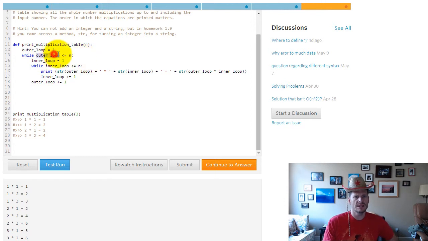And while the outer loop is less than or equal to n, so if this was 3, well, is 1 less than or equal to n? Is 1 less than or equal to 3? Yes, it is. Okay, so then we come down here, and here we have the inner loop is 1, because this is n also right there. Is 1 less than or equal to 3? Yeah. So it's going to run this 3 times, 1, 2, 3, because it'll come down here, run this code,